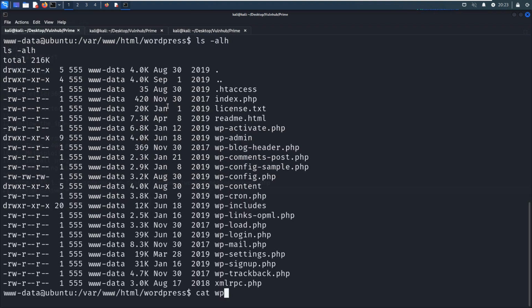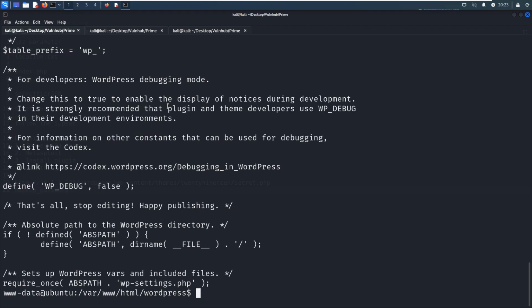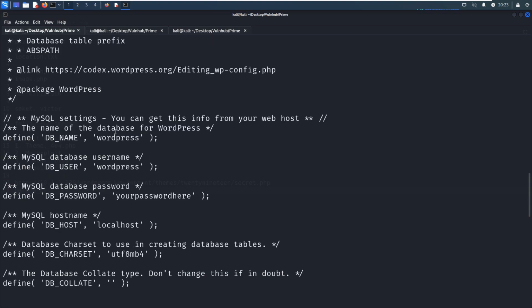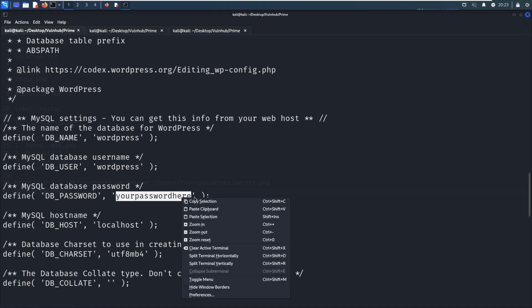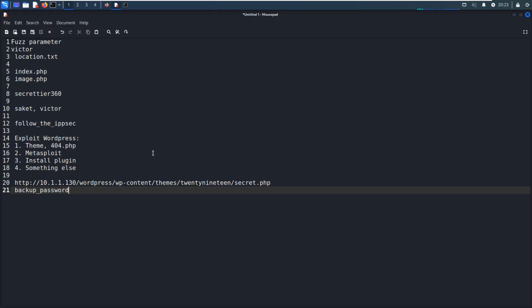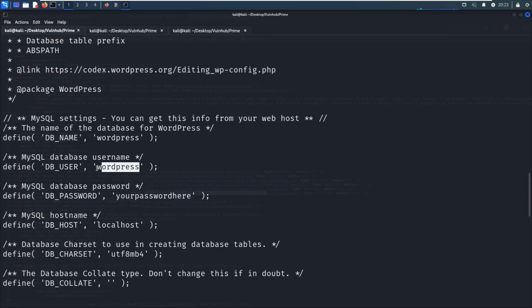We cat out the configuration file. We can get the username and the password. We can copy. And the username is wordpress.